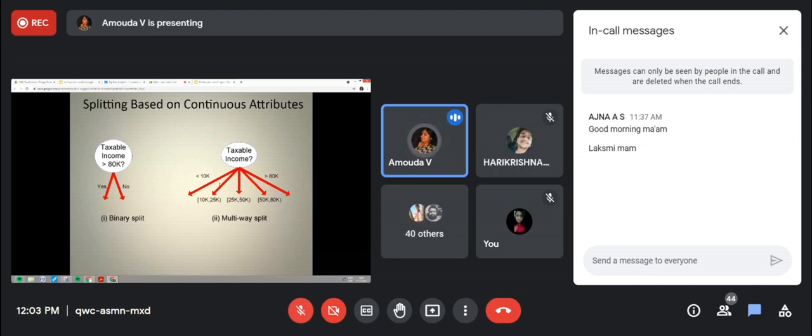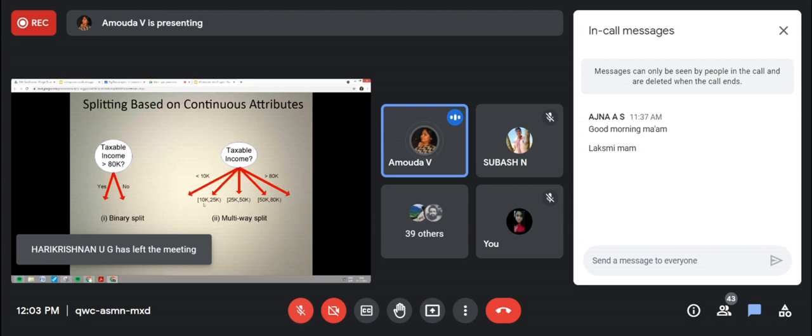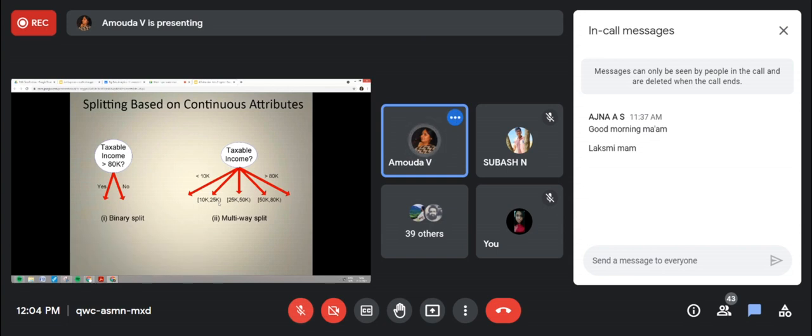Here you are giving the range in multi-split. So it has got 3, whether it is less than 10K, or greater than 80K plus, or in between these two, you can have a range. You cannot have a single value, discrete values. So we can have a range for the continuous values. These are the possible ways of having split over an attribute. Considering the attribute values, you can choose.